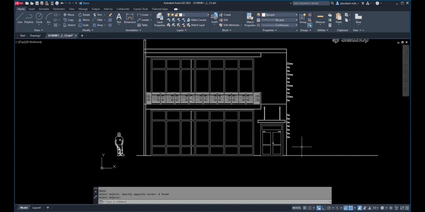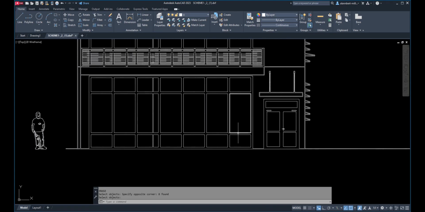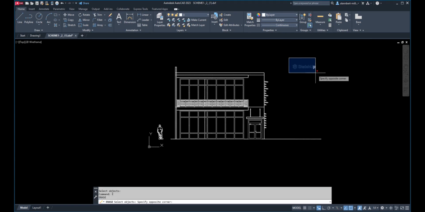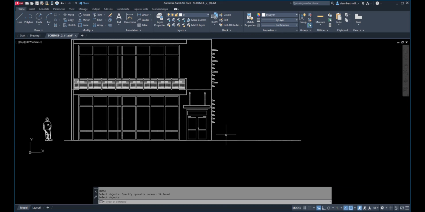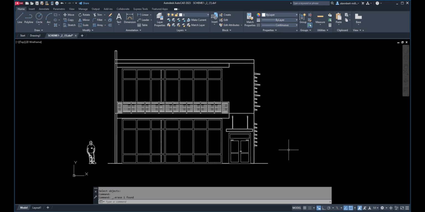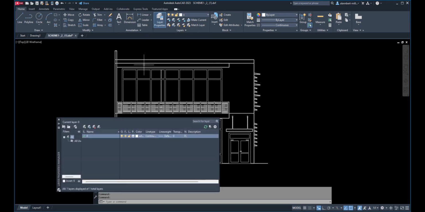And now we have a lot of double lines here that we can clean out. Before that, I don't want the SketchUp word here. Oh, I want to trim this, it's too long, so I do want to draw a line. And then I want to do a trim and trim this and erase all the extra lines here and delete that too. Okay, so let's create layers